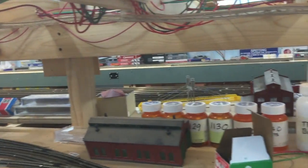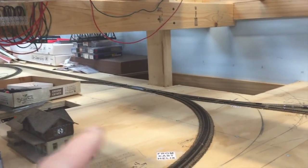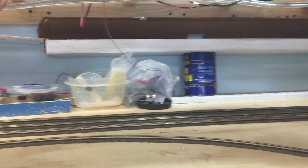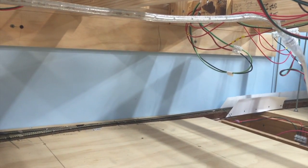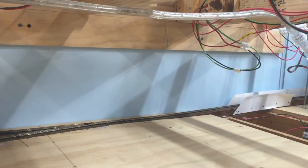So it's going to go all the way down there and around over to the other side. Sorry about all the stuff in the way, but that's where everything is for right now. And then it'll come back up to this point, cross over, go into what I call the west ready yard, ready tracks west. There's some circus train stuff. And it'll come on this inside track, which is track 1, which I have powered right here. And then it'll go on that track over there, and that goes up through the west helix to return going eastbound. So we'll take a short break and be back when